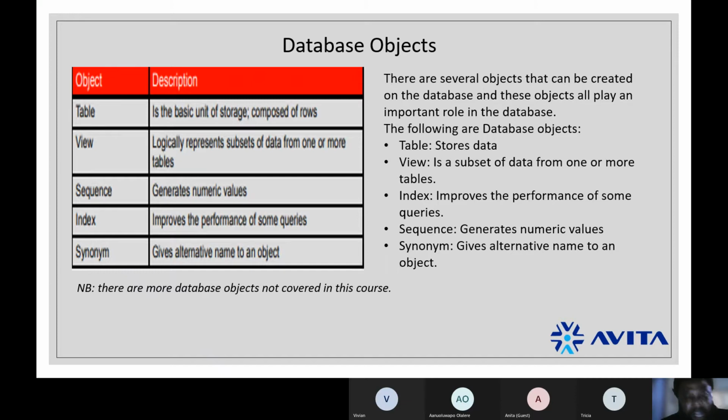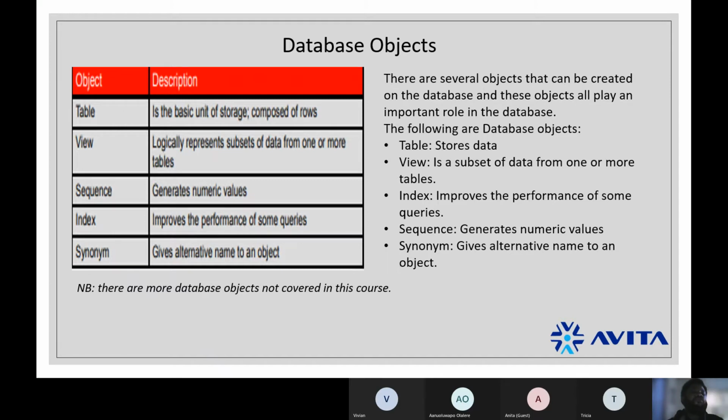We'll talk about views later. Then we have indexes. An index helps us to improve the performance of a query. We'll talk about indexes later as well, but indexes are easy and they help us a lot. Then we have sequences. Sequences are used to generate numeric values. You want to generate 1 to 1 billion?